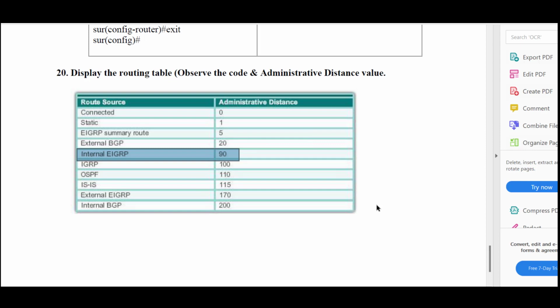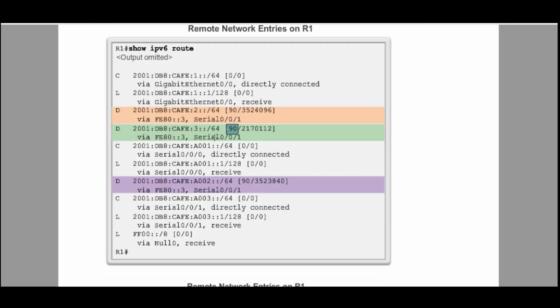We are not going to use this in our lab, but you have to learn. Every routing protocol will have a different administrative distance value. So using the administrative distance value, you can identify what type of routing protocol it is. If it is 90, it is internal EIGRP. So this is created by using internal EIGRP protocol. D is the key letter, 90, then this is going to be the cost, the metric,